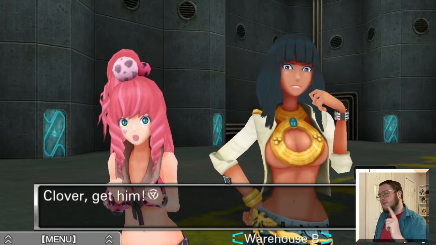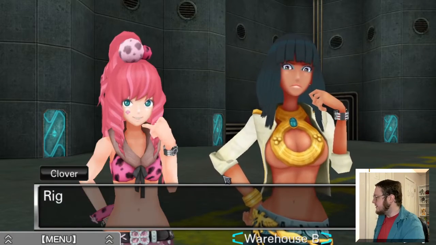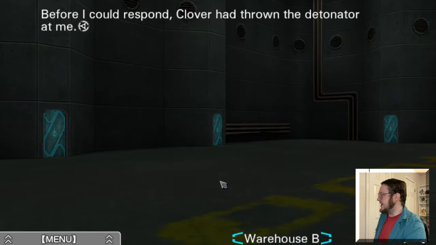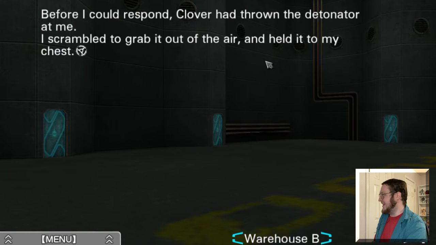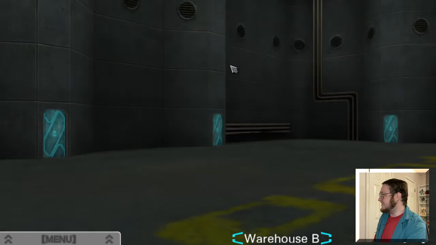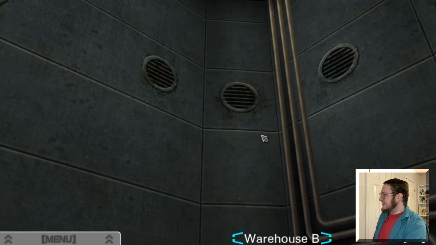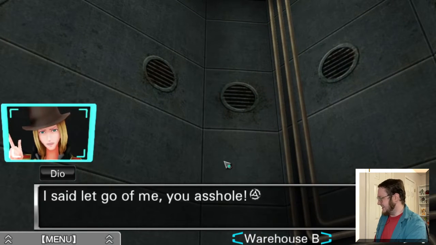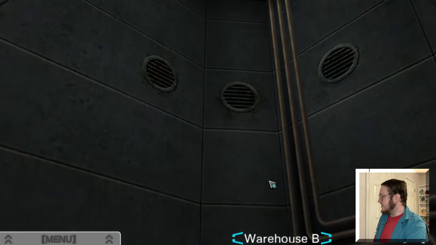Clover, get him! Part of why it probably should have already been. Right! Sigma, catch! Oh, that's a dumb idea. But okay, sure. Before I could respond, Clover had thrown the detonator at me. I scrambled to grab it out of the air and held it to my chest. Damn it! Stop! Let me go! This is ridiculous. Let go of me, you asshole! Alright, well...